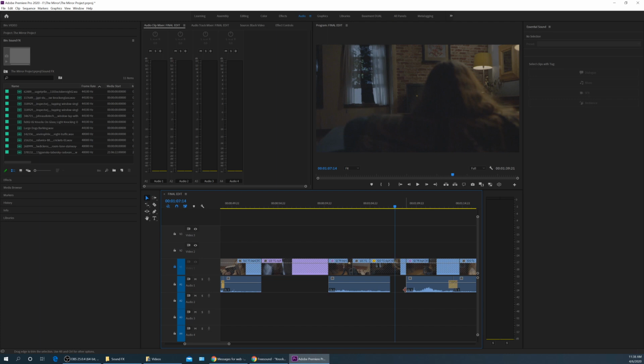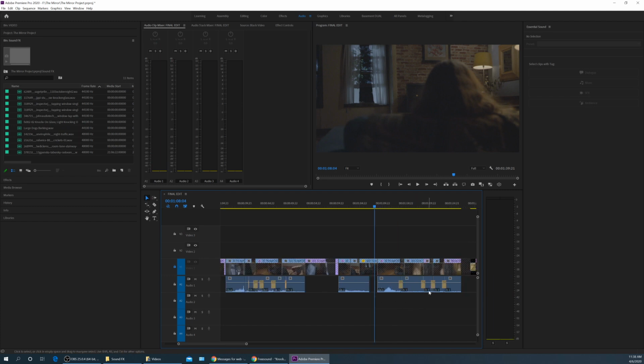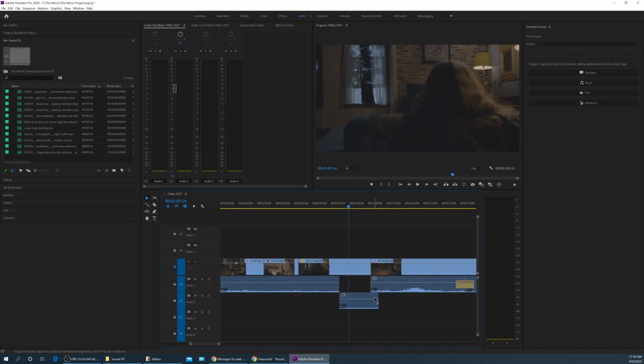See, and we might be able to extend this one and get away with it. Let's pull that backwards. Nope, we got the knocking noise, so I'm going to get rid of that. And I'm just going to find a little piece of audio right here. This is some blank audio there. I'm going to hold down Alt, drag it over and duplicate it, and then let's size that down so it fits. Alt, arrow up, and then let's do a